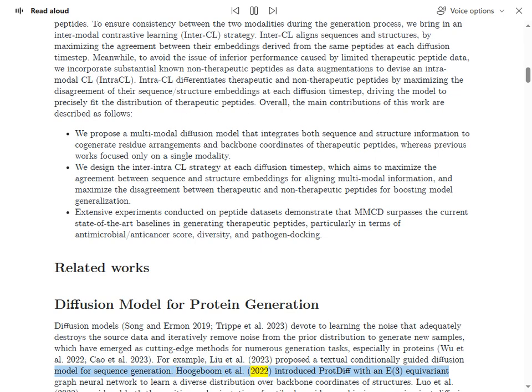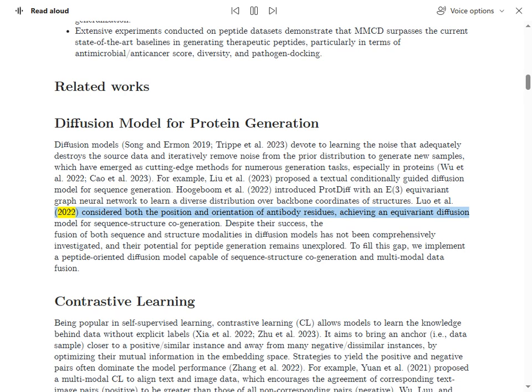Hoogeboom et al. 2022 introduced ProtDiff with an E3 equivariant graph neural network to learn a diverse distribution over backbone coordinates of structures. Luo et al. 2022 considered both the position and orientation of antibody residues, achieving an equivariant diffusion model for sequence structure cogeneration. Despite their success, the fusion of both sequence and structure modalities in diffusion models has not been comprehensively investigated, and their potential for peptide generation remains unexplored. To fill this gap, we implement a peptide-oriented diffusion model capable of sequence structure cogeneration and multimodal